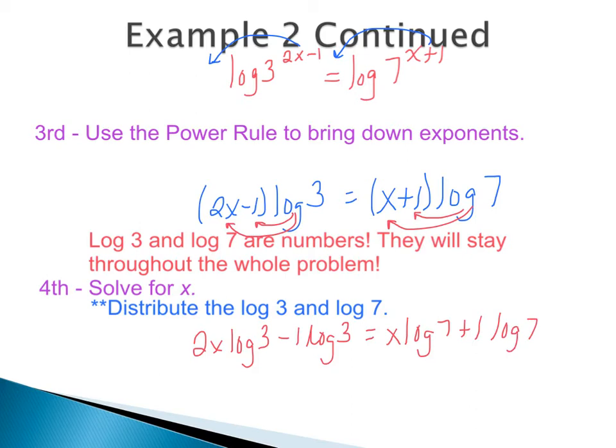Now 1 log 3 and 1 log 7, just like with x's, 1x is the same thing as x. You can get rid of the 1 in each case and just say that we have log 3 and log 7. That's entirely up to you. I just kept the 1 there so you could see how I distributed. We do also typically put the log 3, log 7, whatever the log is, at the end, so we can see that the 2x is not inside the log and there's no confusion on that.